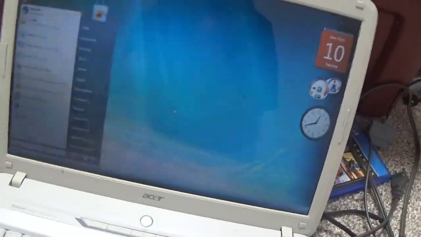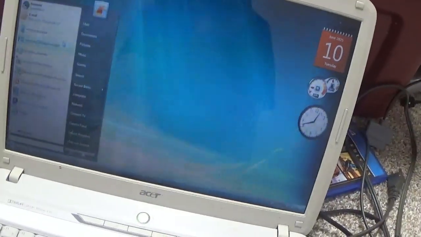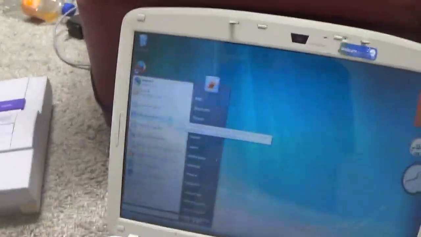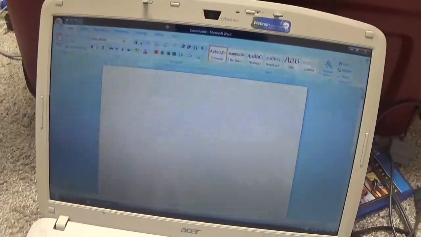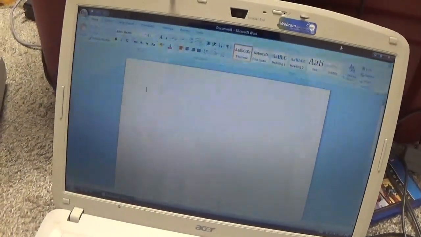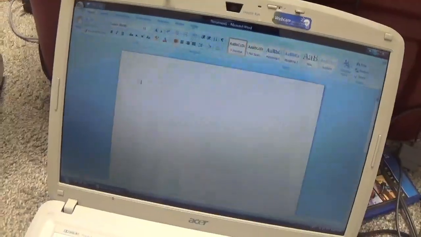The start menu looks like this. If I go into Microsoft Word 2007, it has the arrow effect, and I'm also just going to sit here and review this Acer